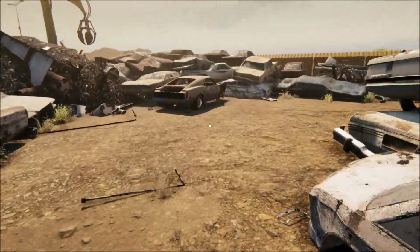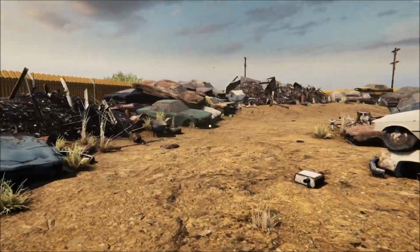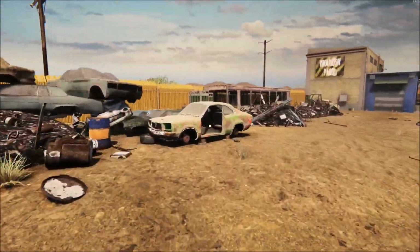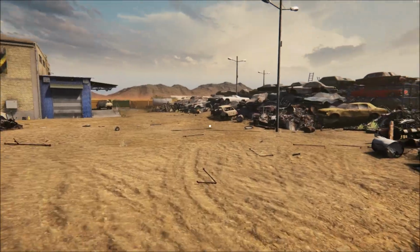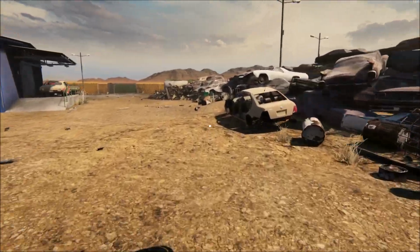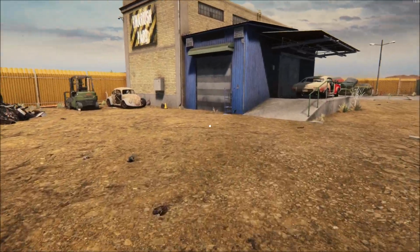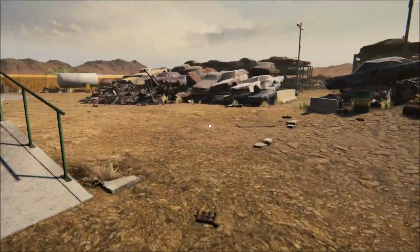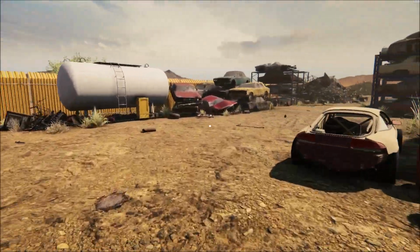Vanilla Corvette. Boss 302. We have done a Boss 302. Come around here, there's a Mazda. Haven't seen many Mazdas. 169,000 miles. Haven't seen many of them out here in the junkyard. VW Bora. We've done one of those. We've done the Bug before because we've had it sitting in our garage. So I think